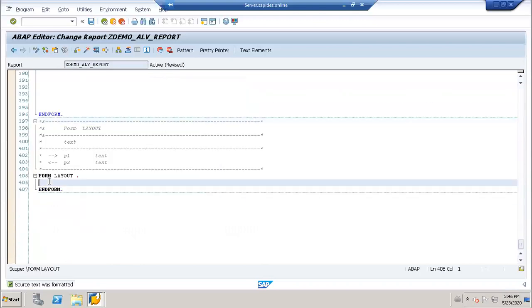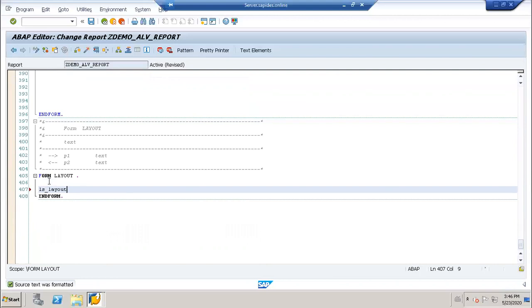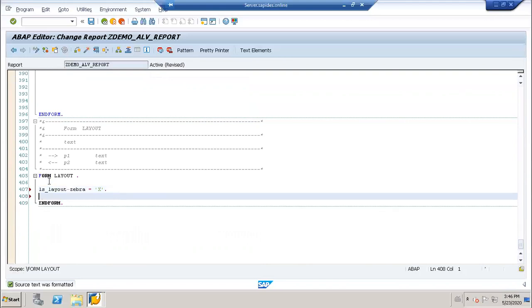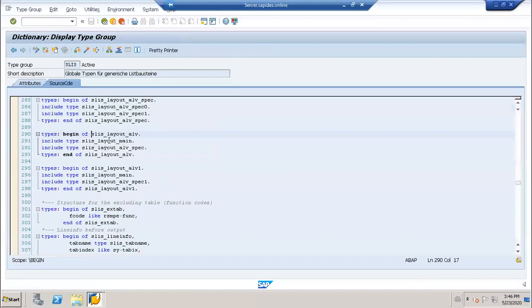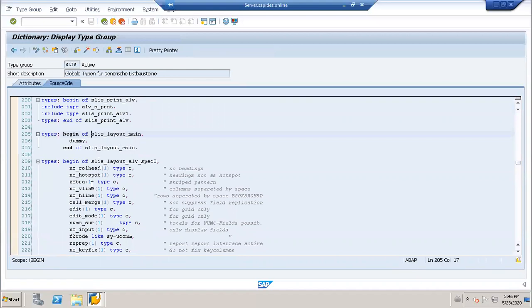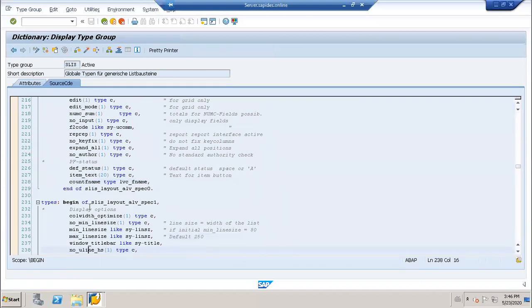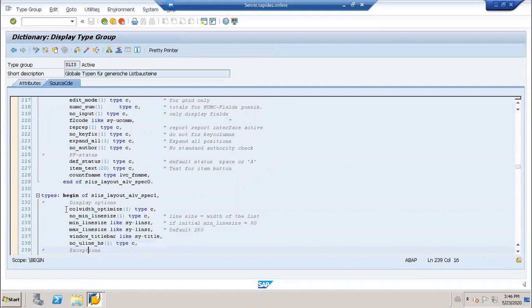What I'll do here, I'll do a layout. Zebra equal to X. Layout. What is that? All optimize, I think there is. All routes optimize.